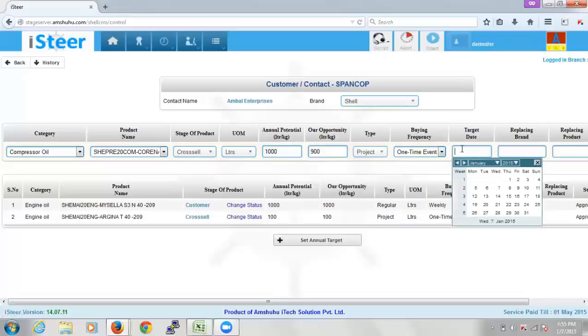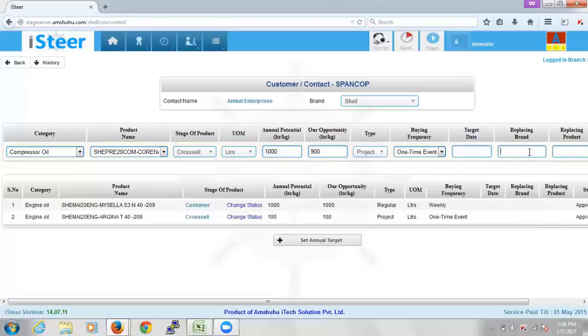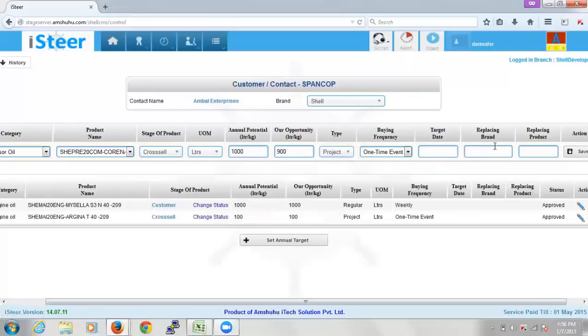In case you are targeting to convert this person into a customer, then you can give them the target date. Then the brand, which brand we are trying to replace. If we have that information, we can give the replacing brand and the product that we're trying to replace. And click on save.